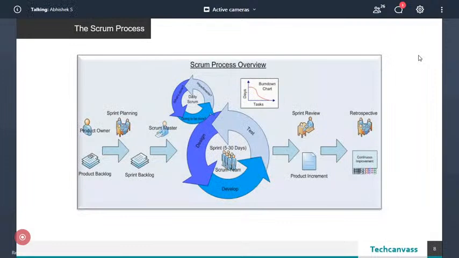Now, this is a typical Scrum process, wherein, if in Agile you are following Scrum methodology, this is just an overview of Scrum. If you see from the left side of the screen, you have the product backlog. A product owner usually maintains the product backlog. We'll talk about the product owner in our upcoming slides, of course. Basically, a product owner maintains the product backlog, and it's a business analyst who usually, in collaboration with the product owner, gets the product backlog prioritized, and then conducts a sprint planning meeting, wherein, of course, the entire team is present,